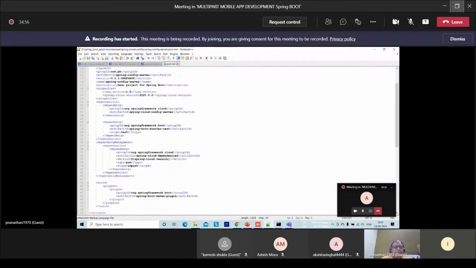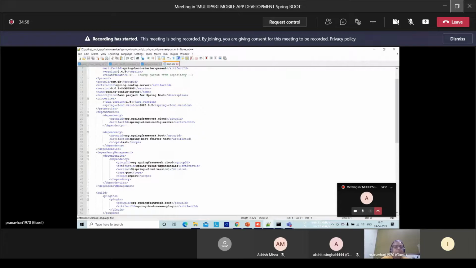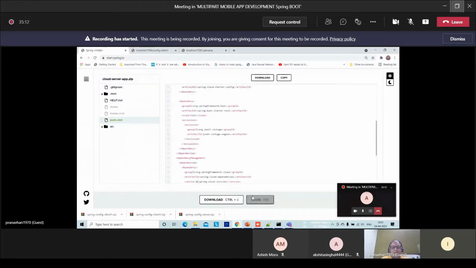Okay, here you have a Spring Cloud config server. Look at this, a Spring Cloud config server, and the kind of dependencies we are having.